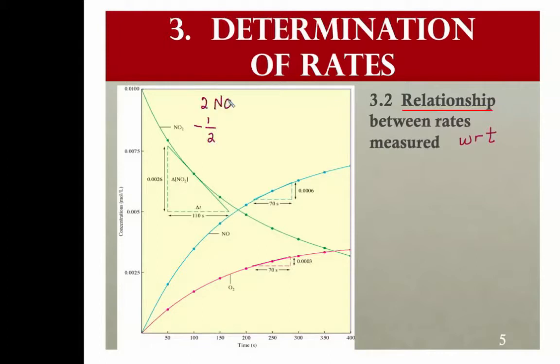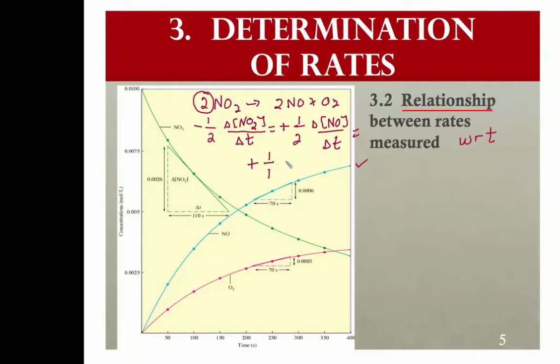1/2. The stoichiometry was NO2 going to 2NO plus O2, and that would be the change in the concentration. The brackets, remember I mentioned this earlier, mean molarity. If it's partial pressure, you have to put a P, not brackets. Okay, so it's 1/, the coefficient, and that's going to equal plus, because it's a product, we're gaining product, 1/2 times the change in NO per time, and those are both equal to plus 1/1. Obviously, I don't have to put that mathematically, but I just wanted you to see that consistency, that it's 1/, the coefficient,